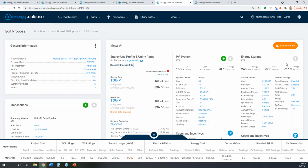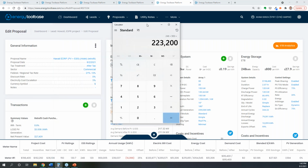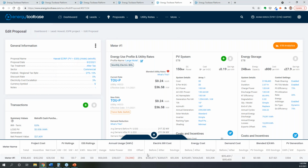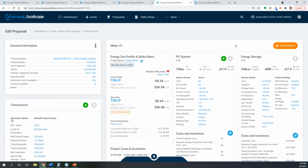So that equates to, I always like to look at it in dollar per kilowatt hour terms, about $28 per kilowatt hour of storage capacity. So to just put that into dollar terms very quickly, and I'm going to be wrapping up in just a second, at 248 kilowatt hours of storage capacity, we're saving about $7,000 a year on top of capturing that EDRP